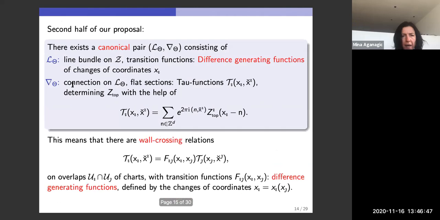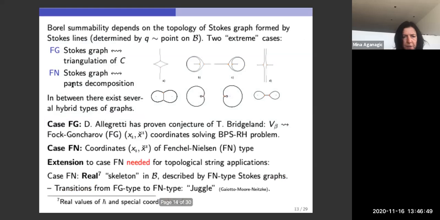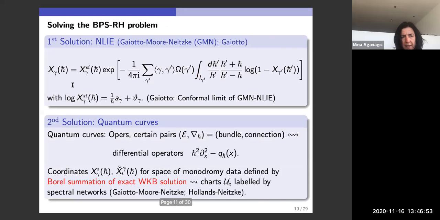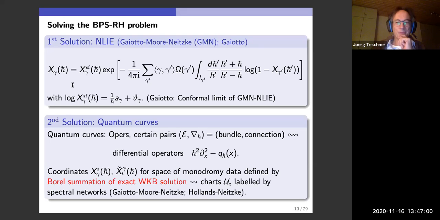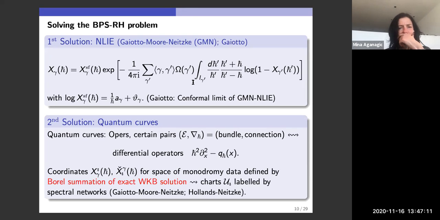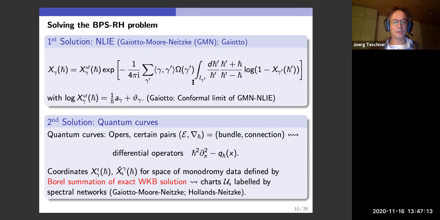Yeah, so are you saying that there is a procedure where we would start with a spectrum of BPS states and recover the topological string partition function? Essentially, this is what I'm trying to say. I'm arguing that for this class of examples, there is a very precise procedure doing just that, where, however, we